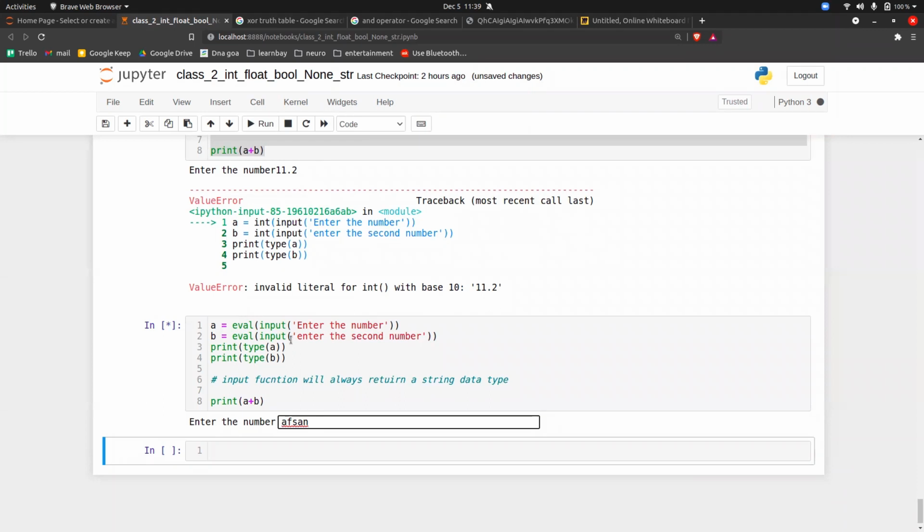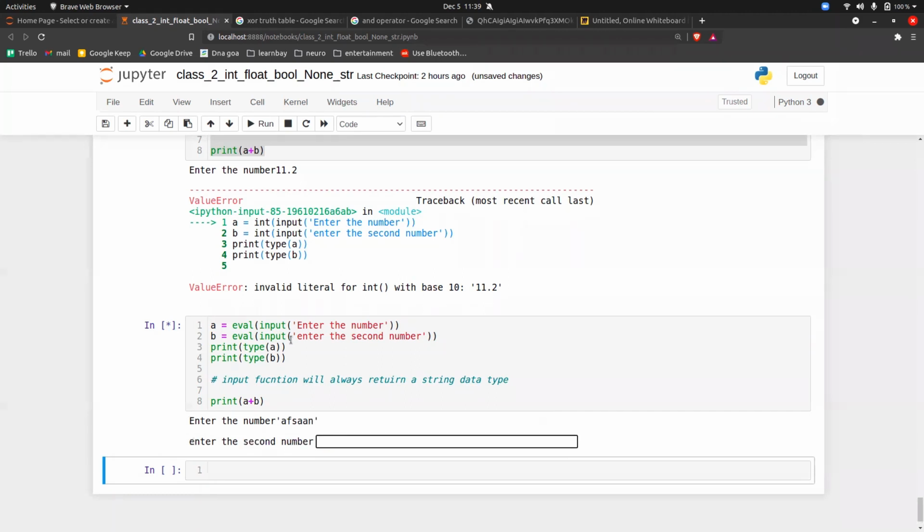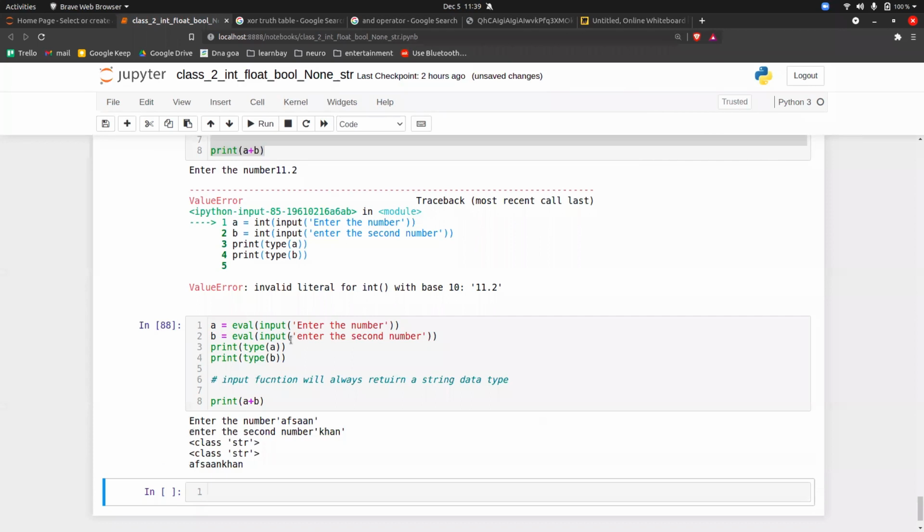For the eval, think in a case of eval, it will act as a variable. So that's the important notice that I want to make clear: if you're using the eval function, then you have to write a proper string that should be inside a quote. Then see, KHAN is a string. That is an important thing that you have to put in eval. But eval is handling every kind of situation. It is handling integer also, float also, string also.